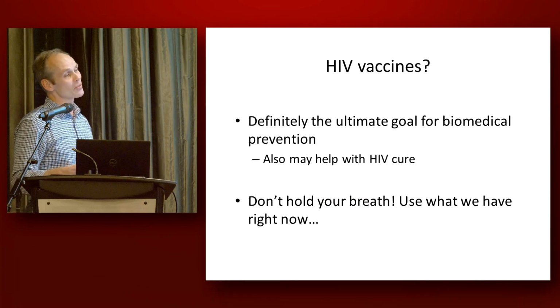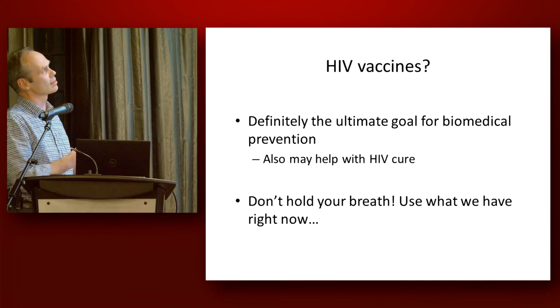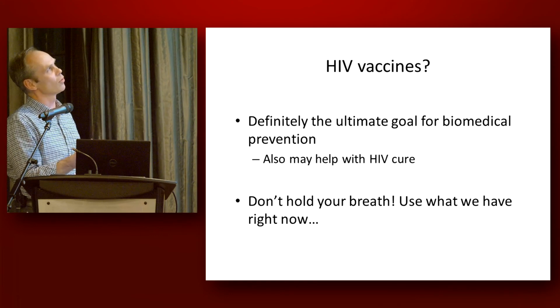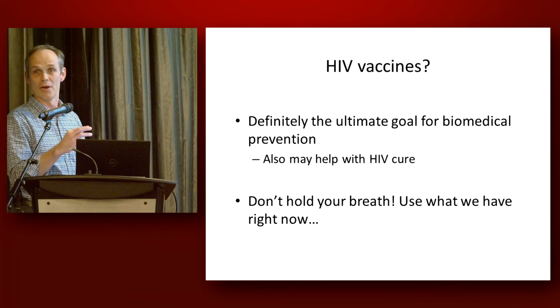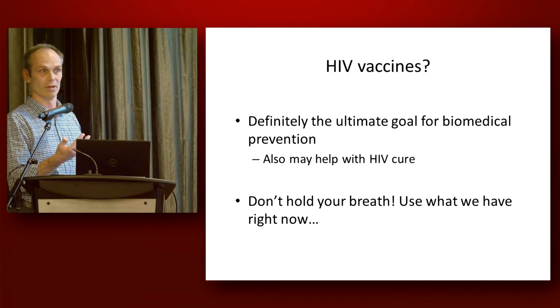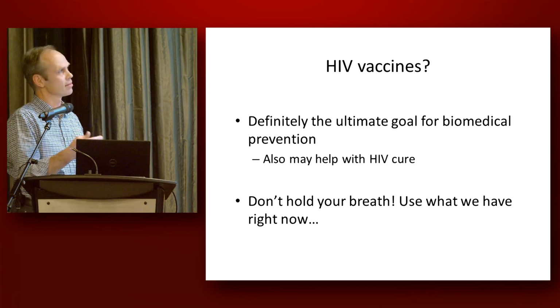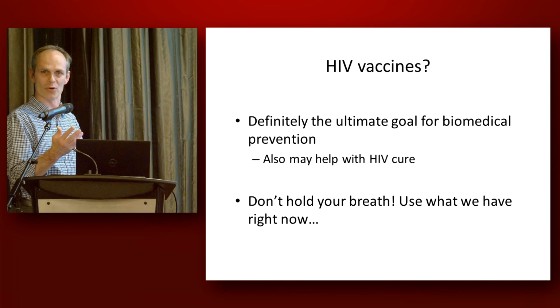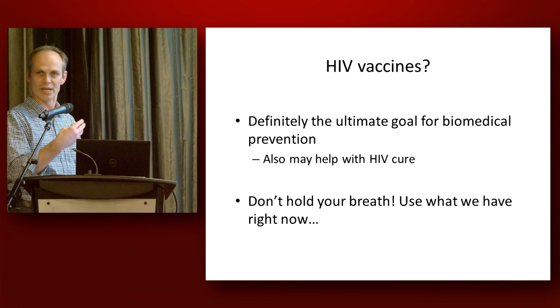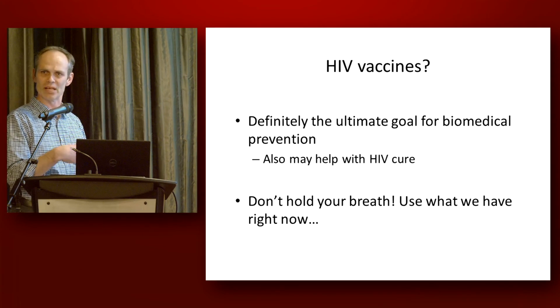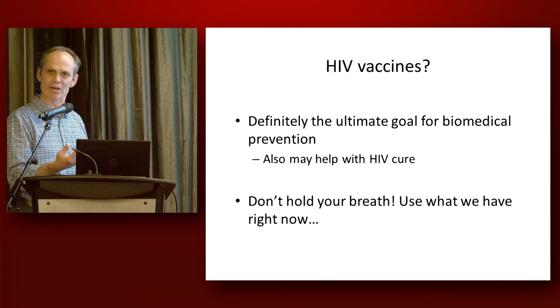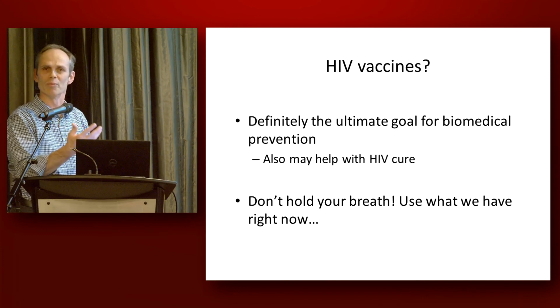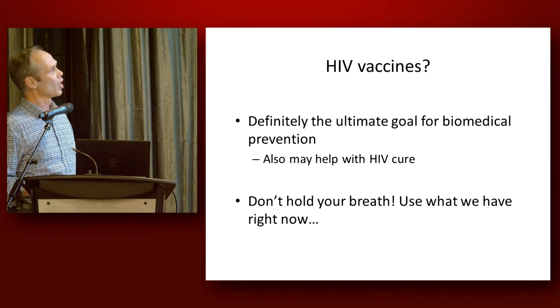And HIV vaccines, again, we're going to hear about HIV vaccines. I think this is my last slide, and obviously that's the ultimate goal for biomedical prevention, because an ideal vaccine, which we do not have, is something that you could administer once or twice, that would give you long-term protection against HIV acquisition. You wouldn't have to keep remembering to take something every day. There wouldn't be a cost each day. I wouldn't be having to carry something around with me that can potentially be stigmatizing in terms of branding me as being somebody who is having sex or being at risk in any way. But I think we'll hear about HIV vaccines and where we're at.